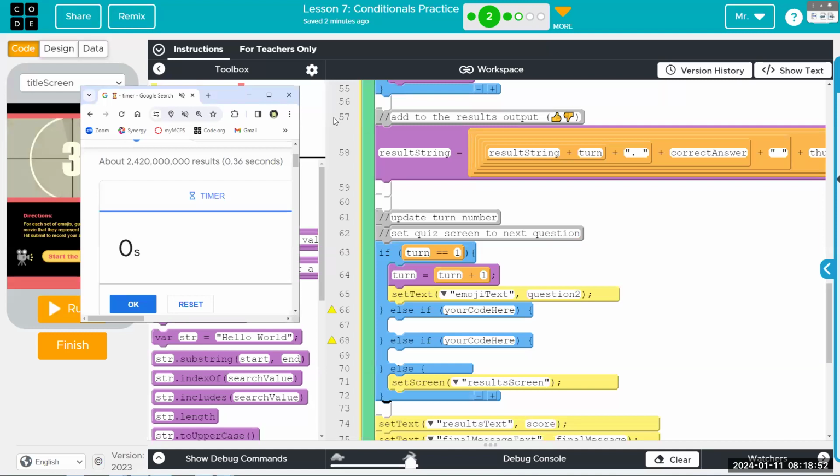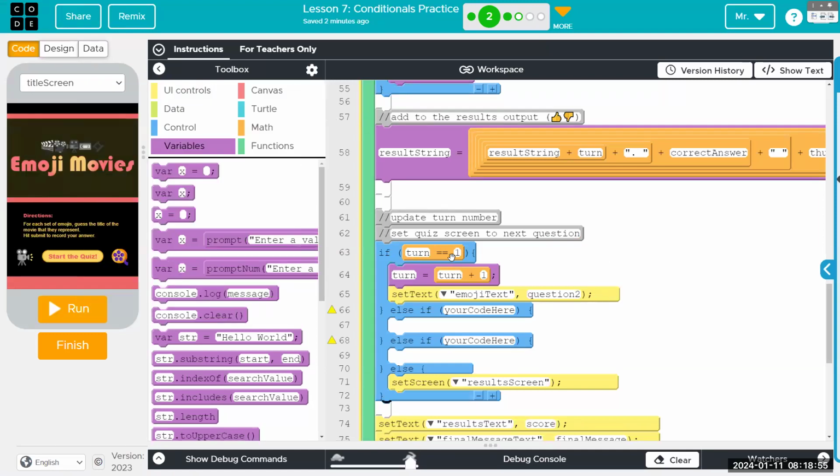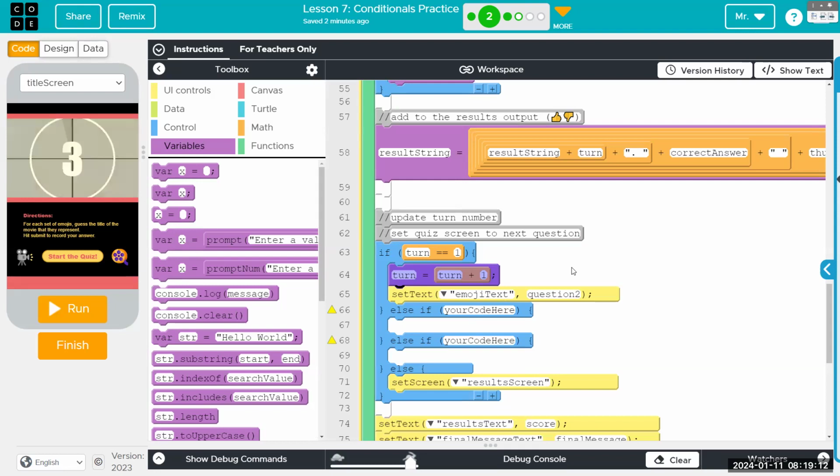All right, so if turn is 1, turn needs to go up by 1, which is something we need to do every turn. So having it inside of this if else if string is not necessarily necessary. It will work, but because it's something that has to happen every turn, it would also work outside of this. But then we still need to check for